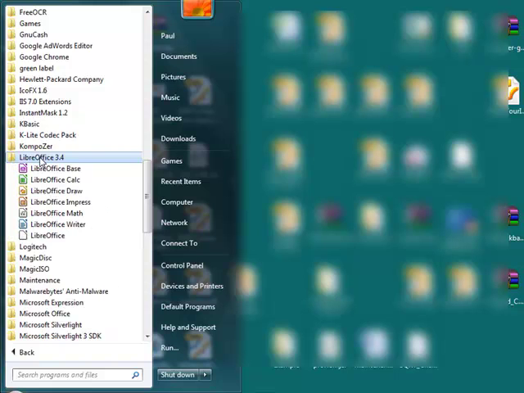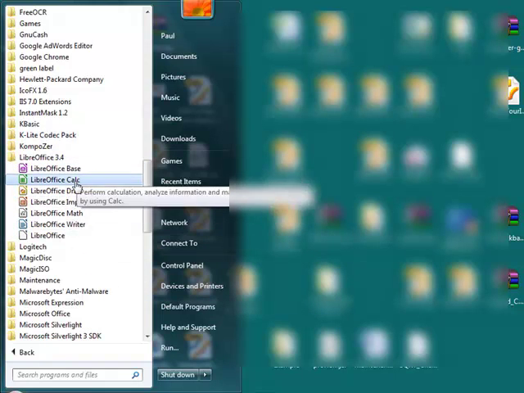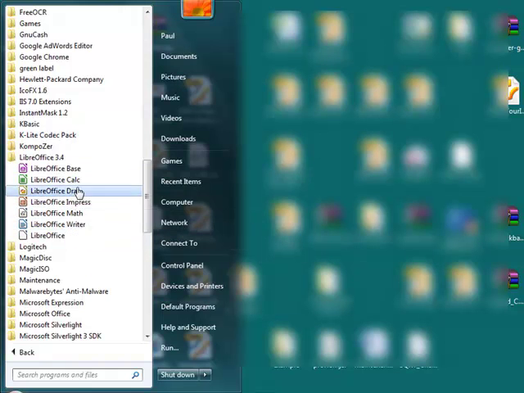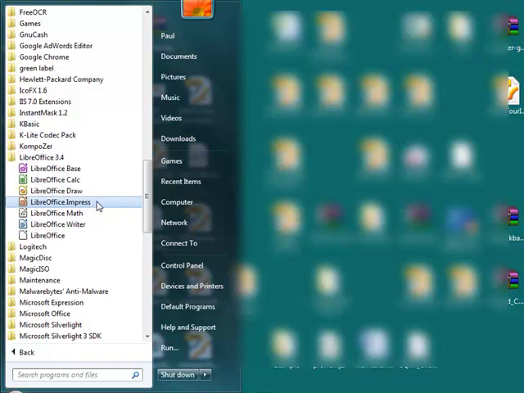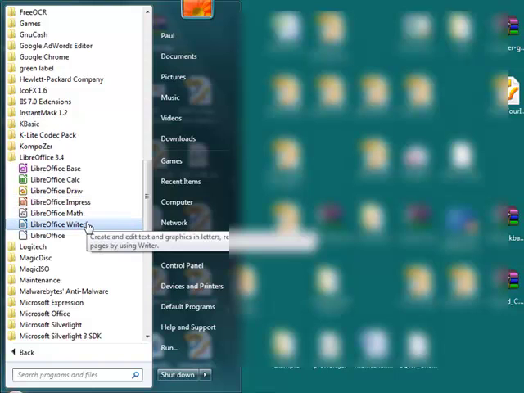If you expand that, as you can see, you've got all the various bits of LibreOffice on here. The ones you're interested in are Calc, Writer, and possibly Impress. Impress is like the PowerPoint equivalent. I would think the other bits you're not going to be interested in, and unfortunately it doesn't have a publisher equivalent. But anyway, so if we start off by opening Writer,